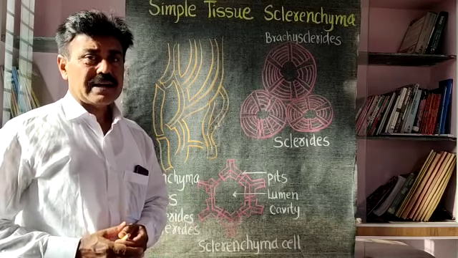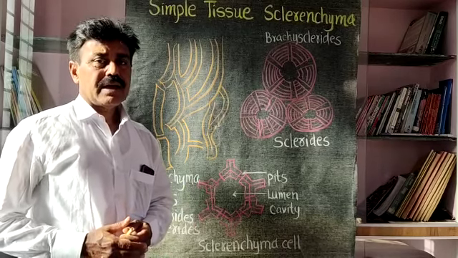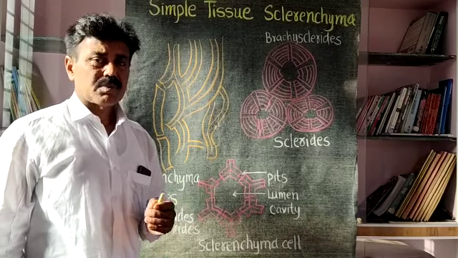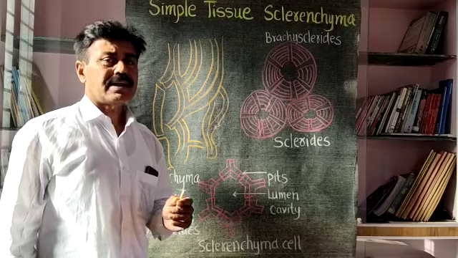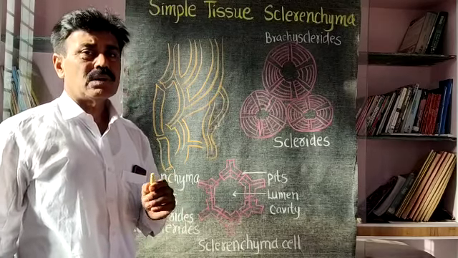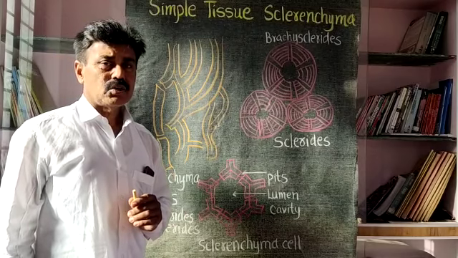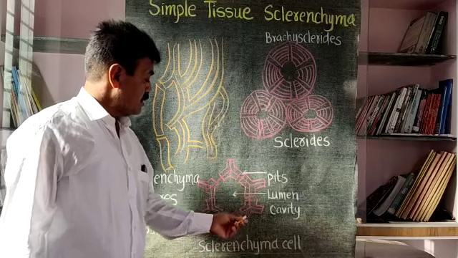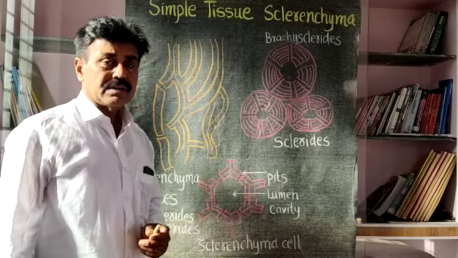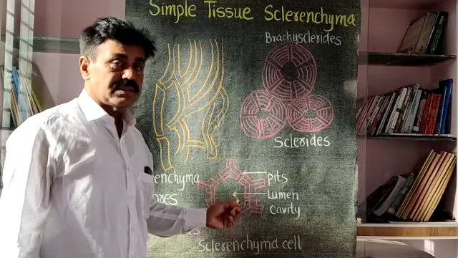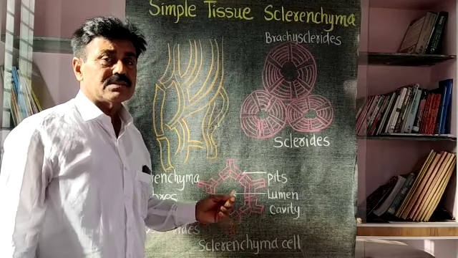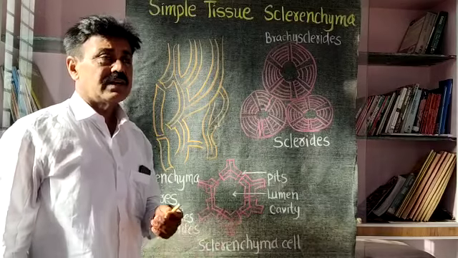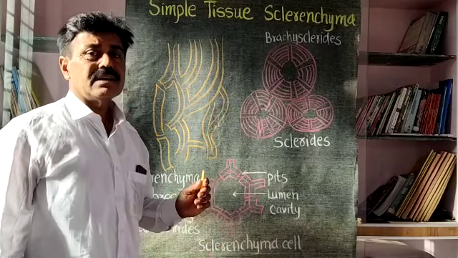lignified cell wall, a hard, thick lignified cell wall, and at the center there is no nucleus, living structure, protoplasm, or cell organelles; all of that is absent. Instead of that, there is only a cavity. The cavity is called a lumen cavity. That means at the center it contains a lumen cavity. The walls are lignified, very thick, and due to that, these cells are without nucleus and without protoplasm. Hence, these cells are dead cells, lignified cells, hard cells, and it is a simple tissue.